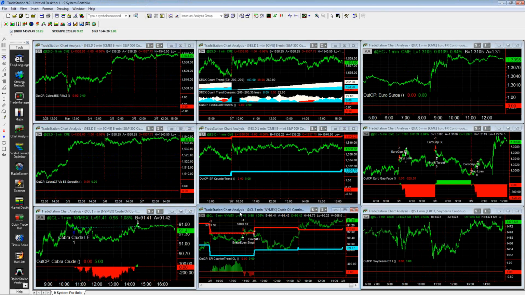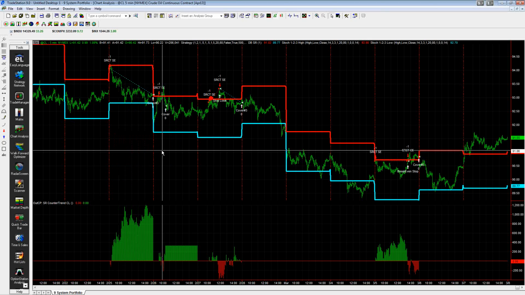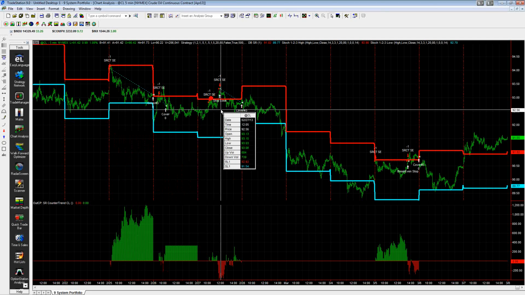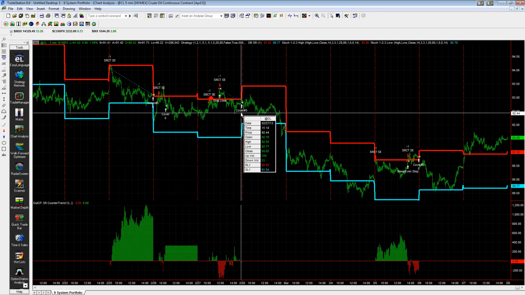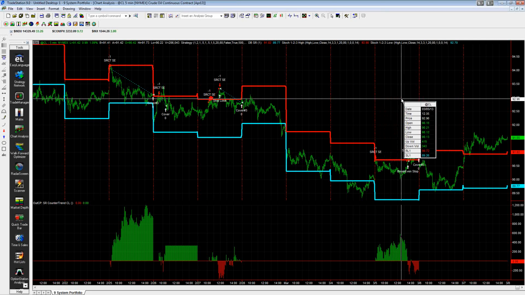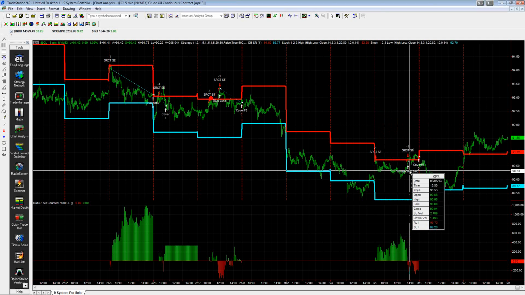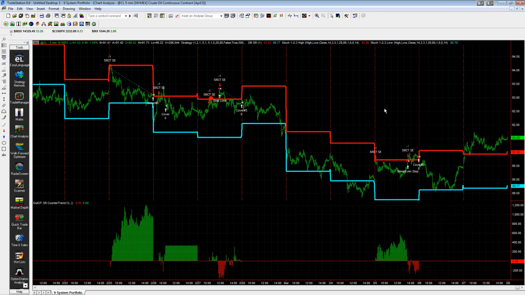SR counter trend. Here's a strategy. It's had some nice short trades back here. Nice short trade, nice short trade. It got stopped out and then got back in for a little bit of a gain on the day. And then 2 days ago, there were some short trades. We got out on a break-even stop, and then got out. It wouldn't go down. So